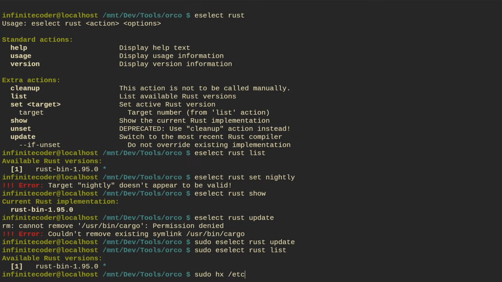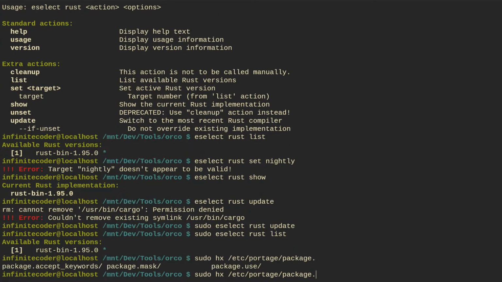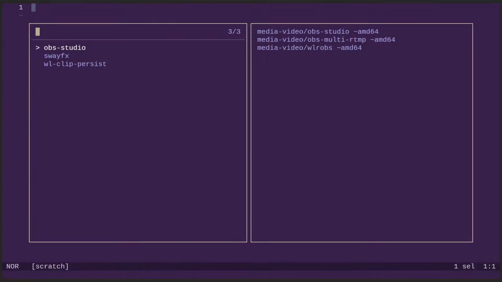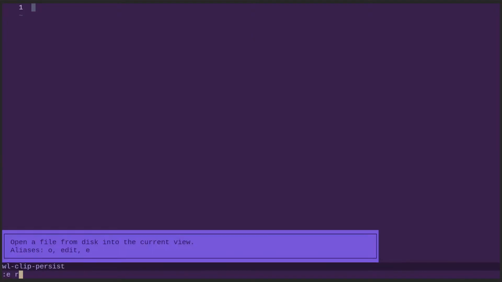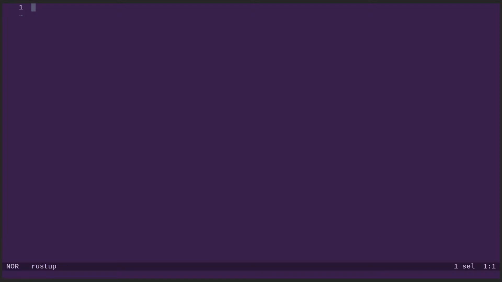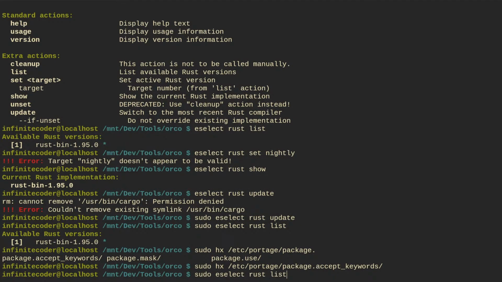Sudo hx /etc/portage/package.accept_keywords, rust-top, amd64. Just emerge rust-top.